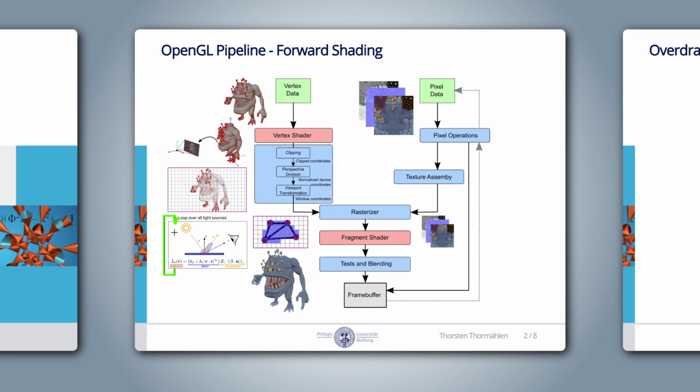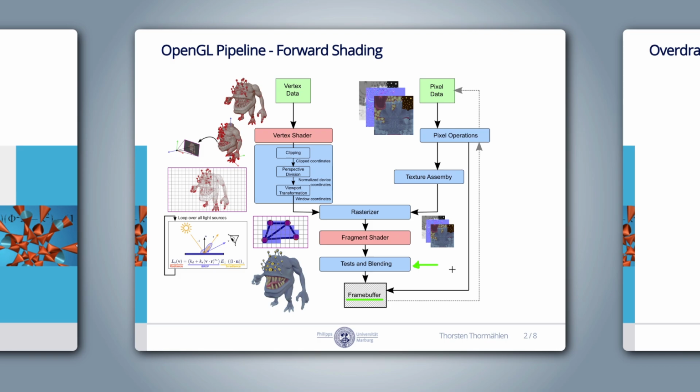The output color of the fragment shader is written to the corresponding pixel of the output image. The output image is also called the frame buffer. But before a color is written to the frame buffer, the fragment has to pass several tests. Most importantly, if the depth test is enabled, the color is only written to the frame buffer if the current fragment is closer to the camera than previous fragments written to the same pixel location. This means it is only written if the interpolated z-value is smaller. Consequently, the output color that we have computed in the fragment shader may never reach the output image. This is obviously a waste of computation time.